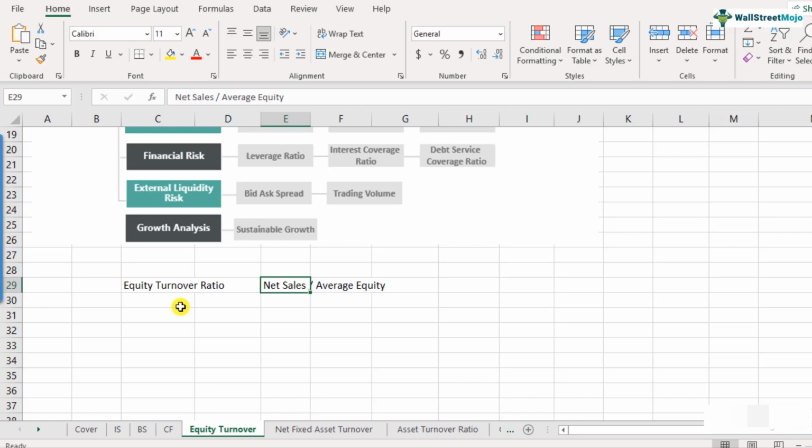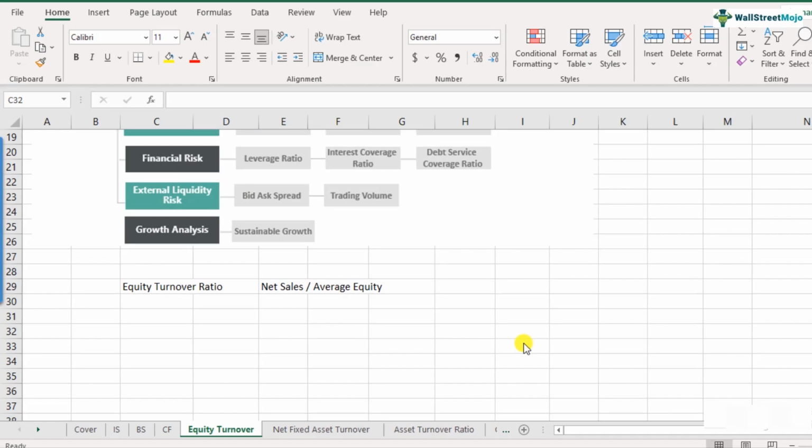Net sales essentially means that whatever your gross sales are, you deduct your refunds and returns, and that's what net sales is all about. And when we talk about average equity, we consider the equity which has been invested in the company, right? So from the shareholders, when during an IPO, the company comes up with lots of shares,